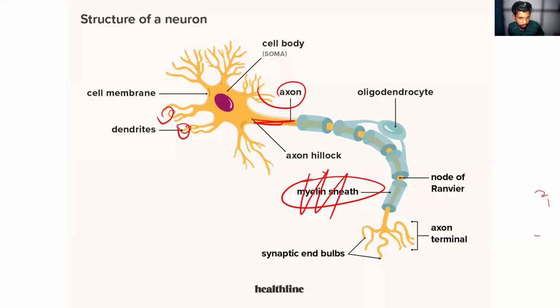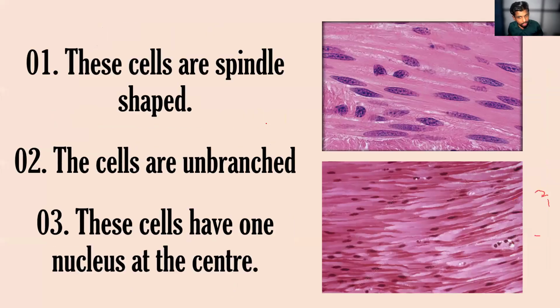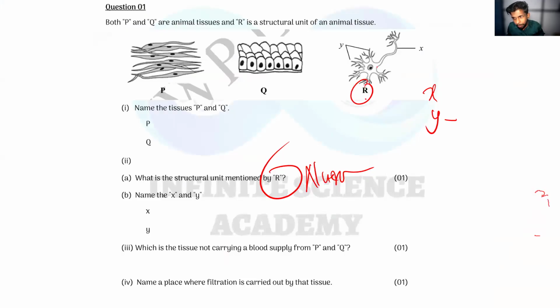Here, these are the dendrites. From the cell body, the dendrites will branch. Here, dendrites. And the axon is this one. The axon will be covered by the myelin sheath. In this question, they have only marked this part. They haven't shown the myelin sheath, so there is no need to mention it. Just say X is axon and Y is dendrites. Most of you did it the wrong way, X as dendrites and Y as axon. No, look at the picture. X is axon. Most of you found the answer but wrote it the wrong way. Be careful in those things, okay? X is axon